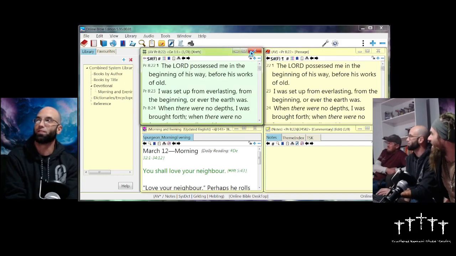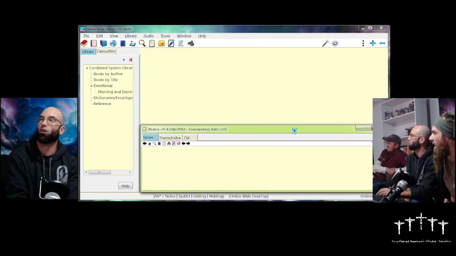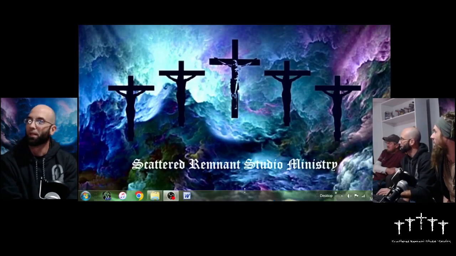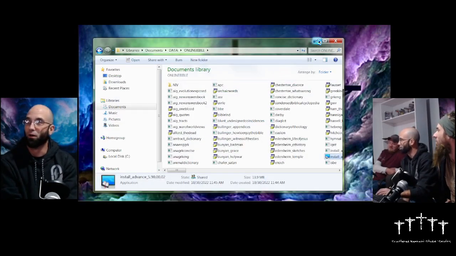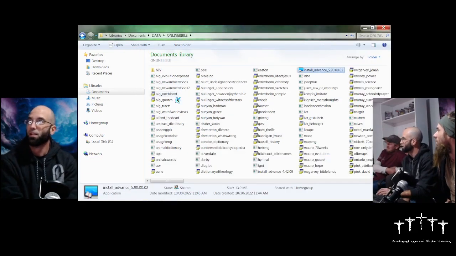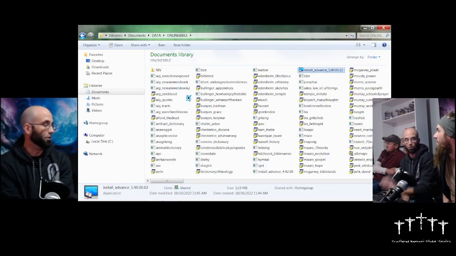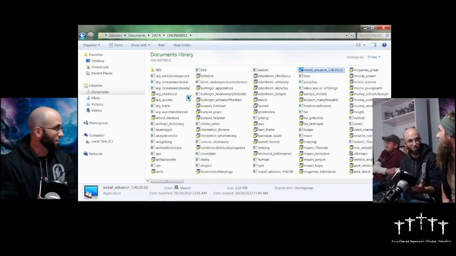So I'm going to close all these off. I'm not going to do anything else yet. Just cancel. I'm just going to close all 5 of those windows. Now I'm going to close the program. So, like I said, all these other files, you can find all these files. I'm going to go off my personal stuff right here. So we're going to install a couple different file types to show you what that kind of looks like on a couple different boxes. We're going to install a couple translations, a couple dictionaries,